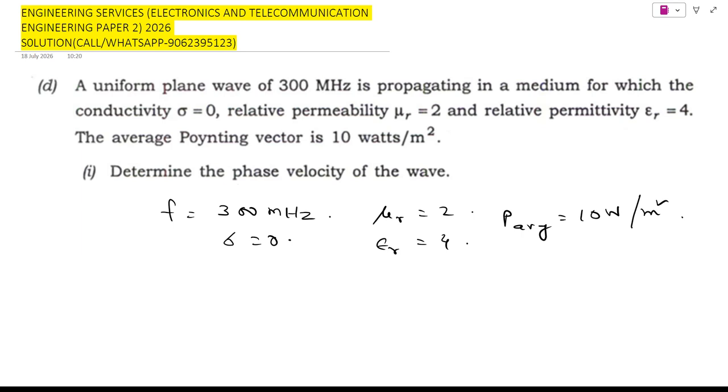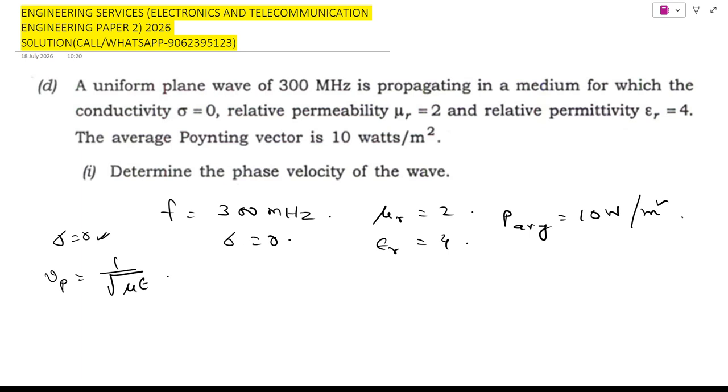Okay. Now let us first understand the concept. Imagine standing beside a pond. And when you throw a stone, ripples move across the water, and the speed at which the wavefront travels is called the phase velocity, right? So this tells us how fast a particular phase of a wave moves through the medium. And for a lossless medium, sigma is basically 0. And the phase velocity, Vp, this is 1 by